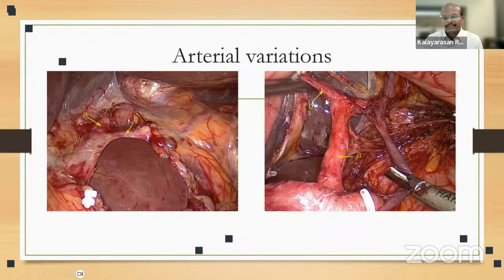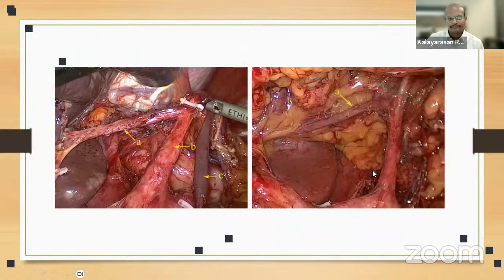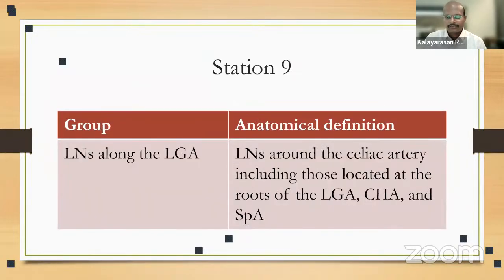You need to be aware of a left hepatic artery originating from the left gastric artery. In that scenario, we clear off all the nodes till the origin of the left hepatic artery, and then you divide the left gastric artery distal to its origin. But make sure that all the lymph nodes are completely cleared off this segment of the artery. Station 7 is the origin of the left gastric,